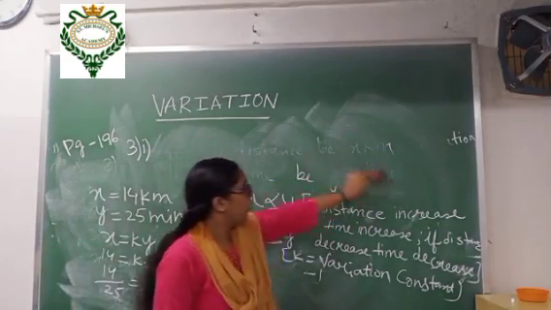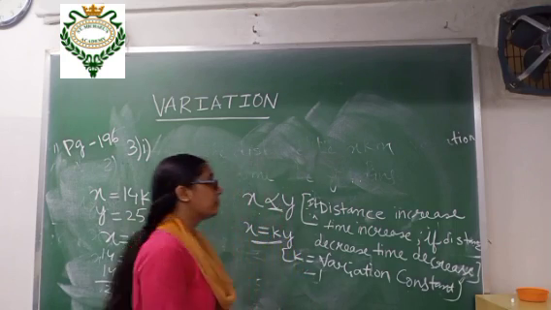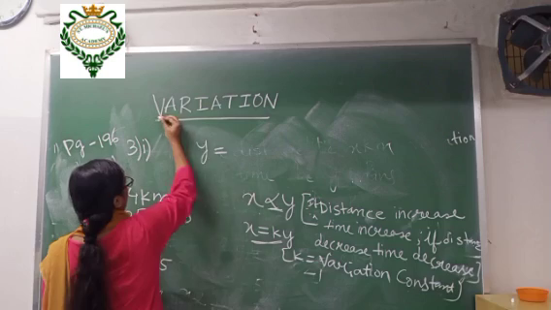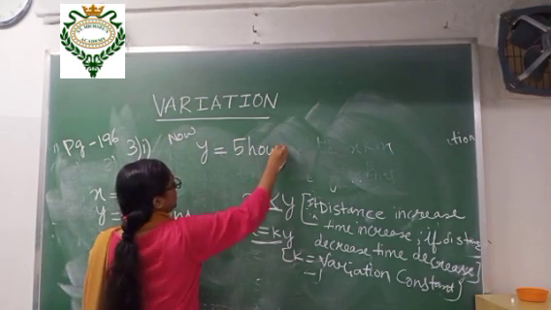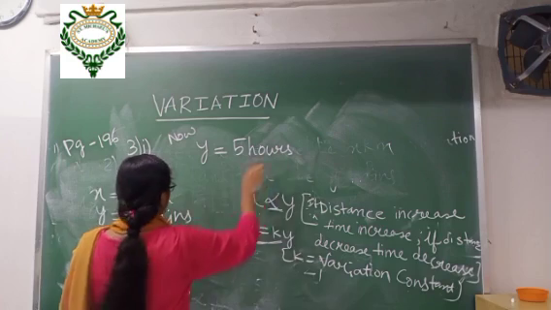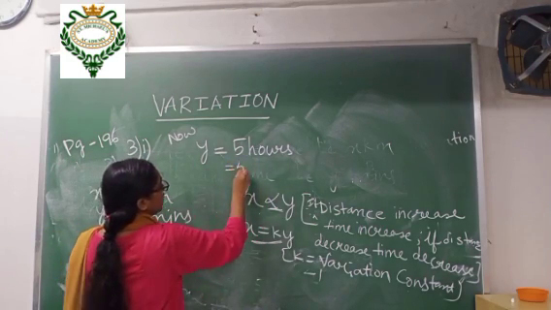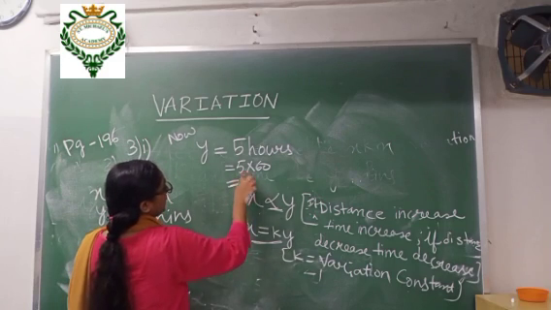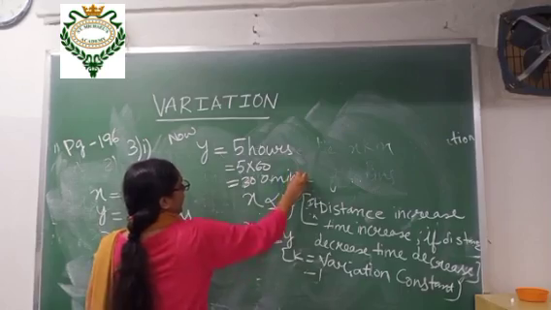After that, what is given to you? It is given 5 hours. Means y is given, 5 hours. Hours means it is in minutes, but it is in hours. You have to convert this into minutes. Means you have to multiply by 60. How much will you get? 5 0s are 0, 5 6s are 30, 300 minutes.